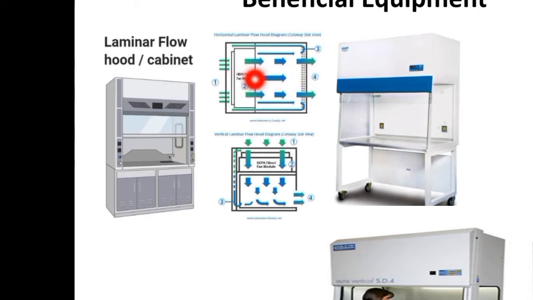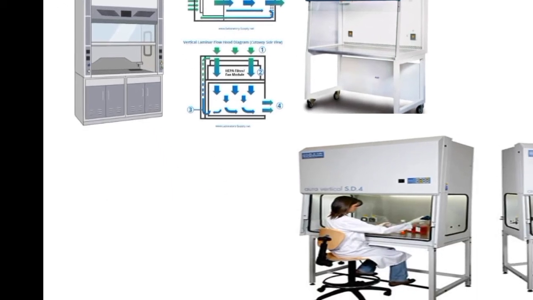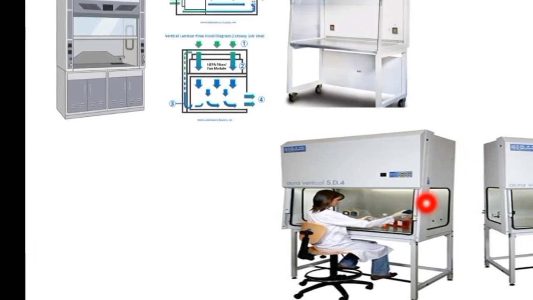So there is only one directional flow in the laminar air flow, and from the working area the air is moved back to the environment. There is a hole at the bottom of the cabinet, and through that hole the air is passed to the environment. Also, there is a space between the working surface of the table and the protecting glass. So you can see the space here. The air can be sent out to the environment from the hole and the working surface of the cabinet.